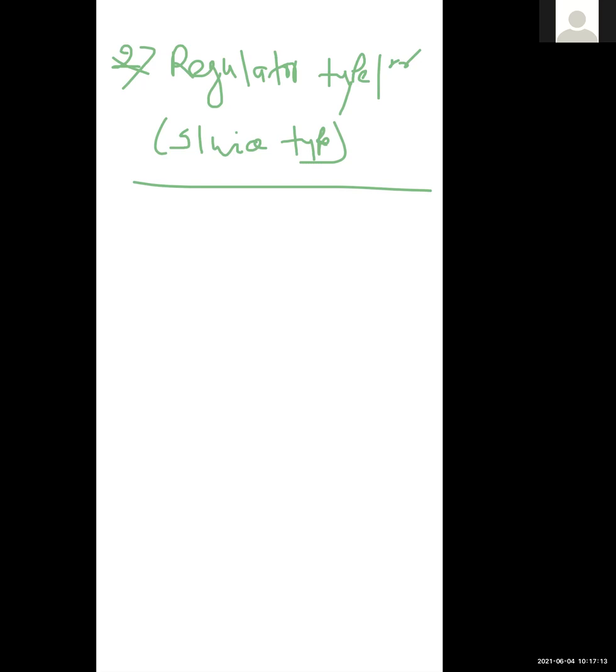This type of escape is preferred as it gives better control and can be used for completely emptying the canal. If the escape is designed for scouring, then it is also known as a scouring escape. So see the line diagram of the regulator type escape. That is, the sill is also provided at the bed of the canal.